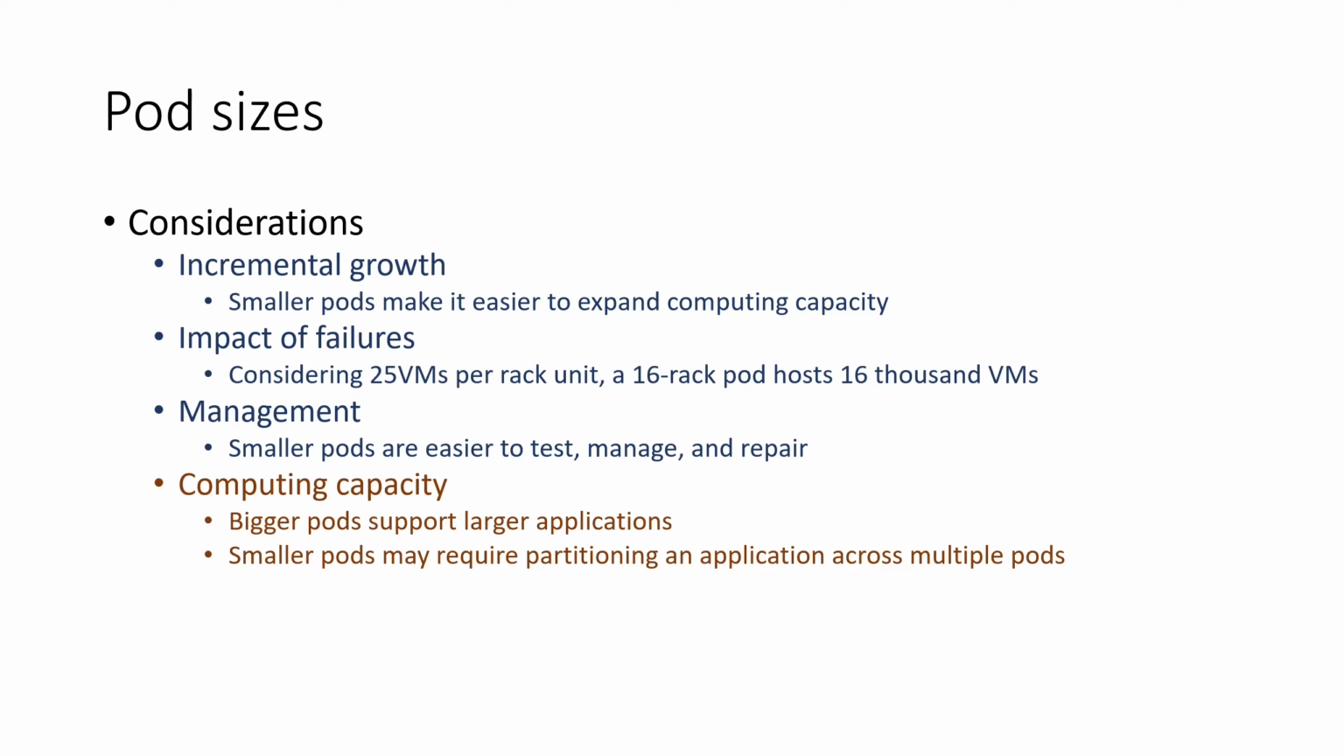Another consideration is the impact of failure. So if a pod is very large and a problem happens inside that pod, you're going to lose a lot of compute capacity. If a pod is small and there's a problem inside that pod, you lose some of your compute capacity, but you probably have many smaller pods, and then you might be able to move some of the applications running on the failed pod to other pods. For example, considering that servers these days run 25 virtual machines and we have pods with 16 racks, that pod might be running on the order of 16,000 virtual machines, which is a lot of virtual machines to lose